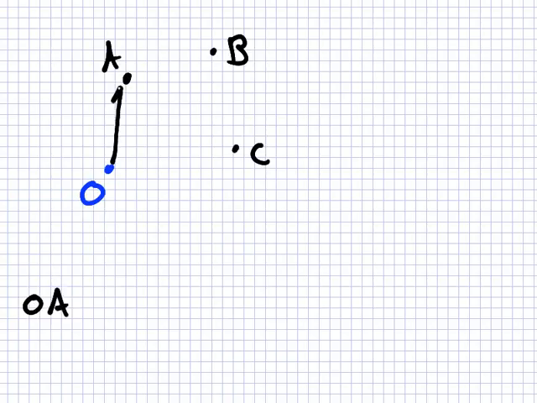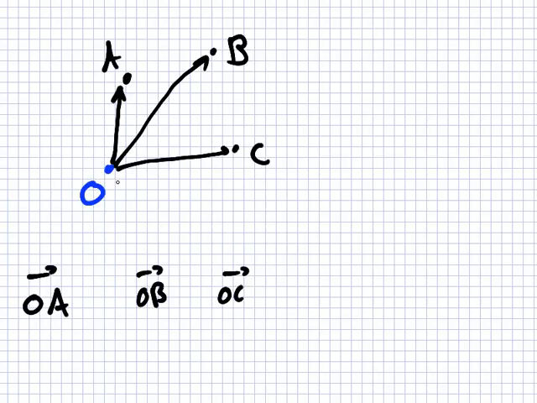So now, let's imagine we have some points. Let's say A, let's say B, let's say C, and let's call one point the origin O. So these vectors are quite common vectors. OA, which is this vector. There's OB, and there's OC. So these vectors where we have an O at the front, where we start at the O, are called